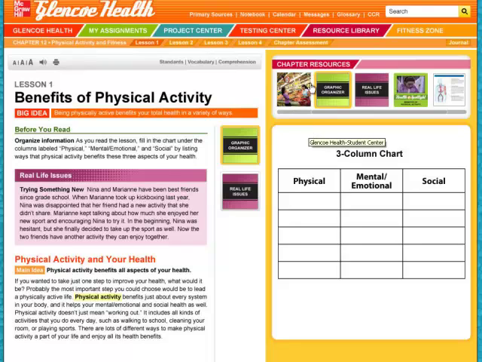On the side margin, you have all of your chapter resources. These are digital resources that are built in the program. These resources up here across the bar are for the whole chapter. But as you're in any page of any lesson in that chapter, it will actually highlight then the pieces that go along. So I have my graphic organizer, which is a 3-column chart,